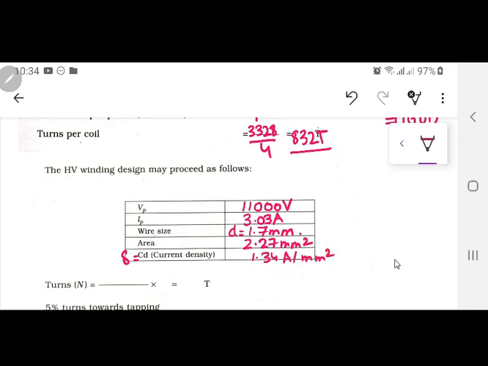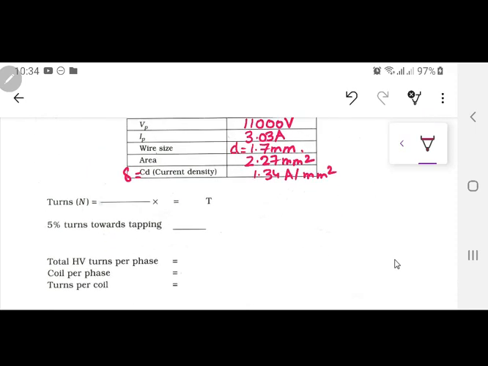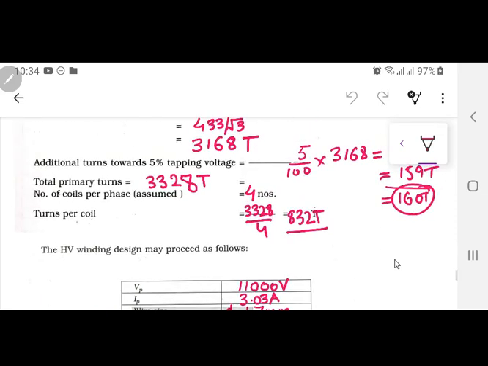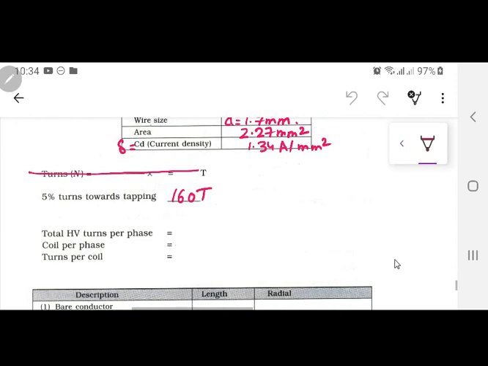Okay, what are the number of turns which we have calculated up till now? The 5% turns you called it as 160. Total turns per phase, how many were there? Neglect this, because this is just a repetition over there. What are the total high voltage turns? 3328 turns. Coils per phase 4. This was